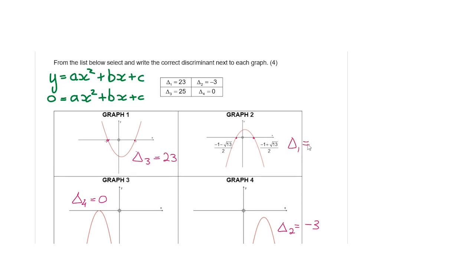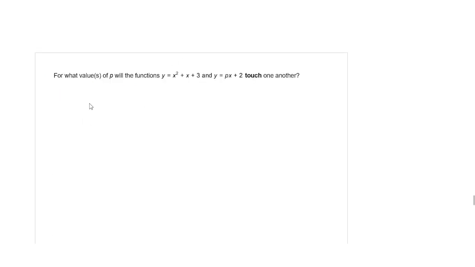So this will be delta 1, which is 23. In this question, we've basically got a parabola looking something like that. I'm just going to draw it 3 times, and you'll see why now. And then we've got a straight line, right? And when we've got a parabola and a straight line, if we solve them simultaneously, then there's essentially 3 things